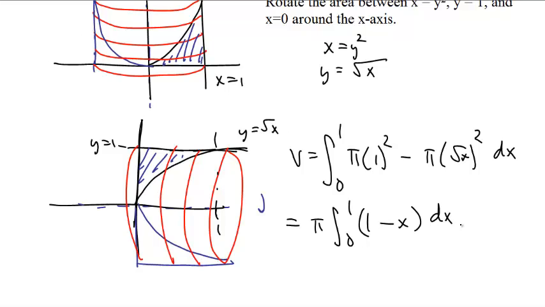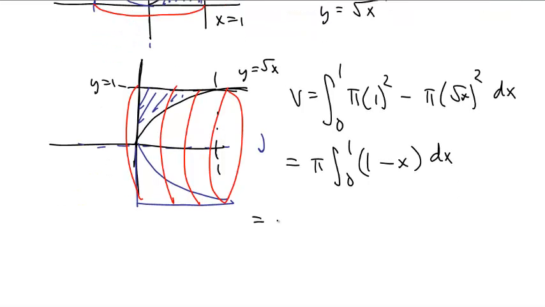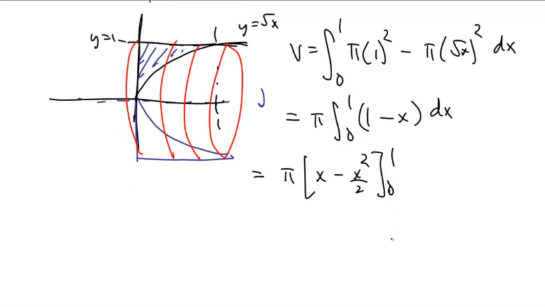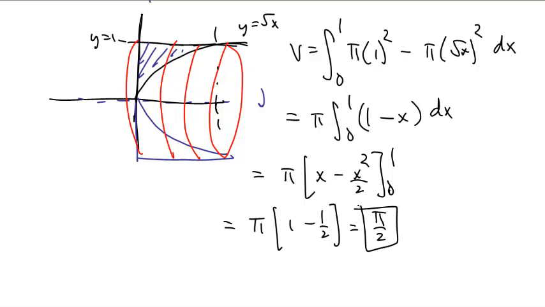Well, holy cow, that's not so bad. We could even do this, couldn't we? Pi times x minus x squared over 2 from 0 to 1. Man, I love plugging 0 into things because it doesn't do anything. We've got 1 minus a half. Pi over 2. Yeah. Pi over 2 is the volume of that clunky